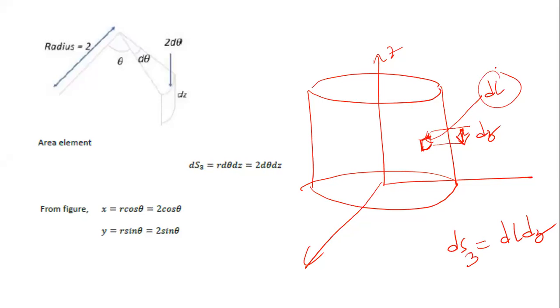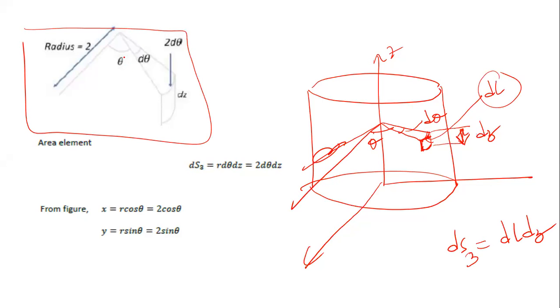So what is dl? In order to find dl, what we are going to do here is this: we consider this as a theta, and we consider this as a d theta. That's what we do, right? So if this is the picture, the radius here is 2. I hope you can see the picture I redrew here. So this side is your dz. Now if you take tan d theta here, tan d theta,